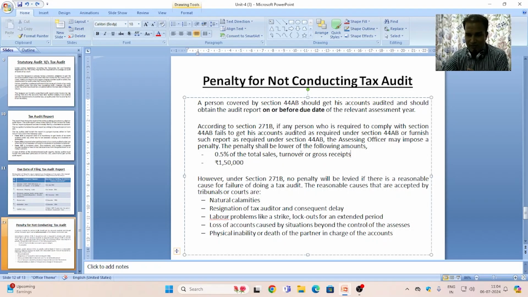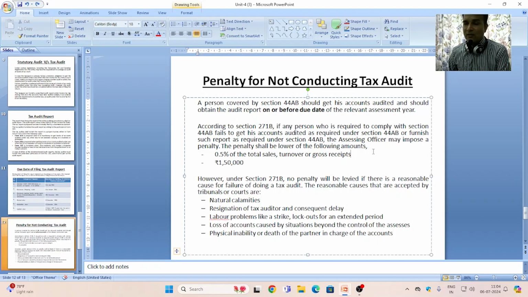The penalty shall be the lower of the following two amounts. First is 0.5% of the total sales, turnover or gross receipt, or rupees 1,50,000. Of these two figures, whichever is lower will be the penalty imposed by the assessing officer